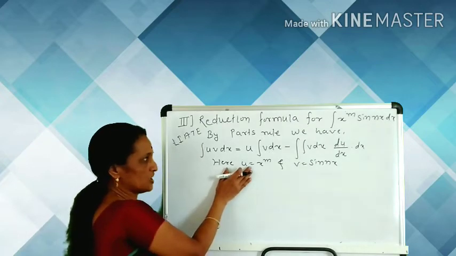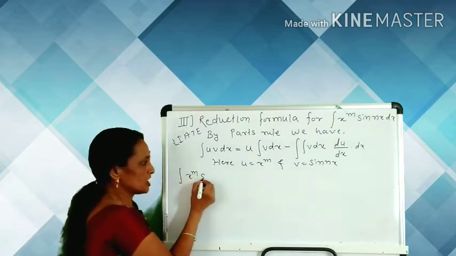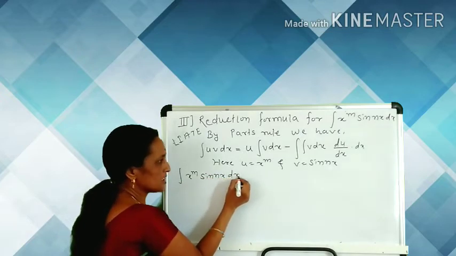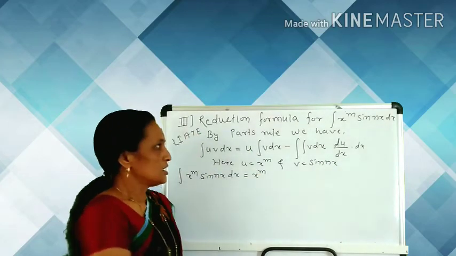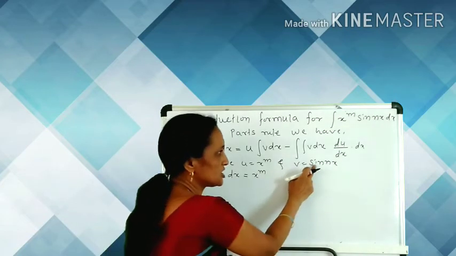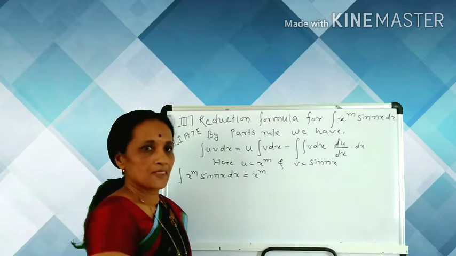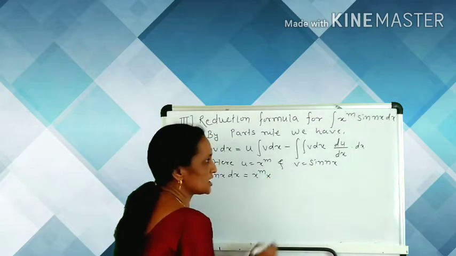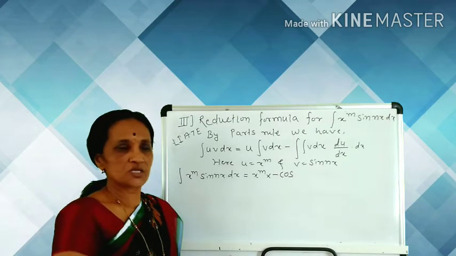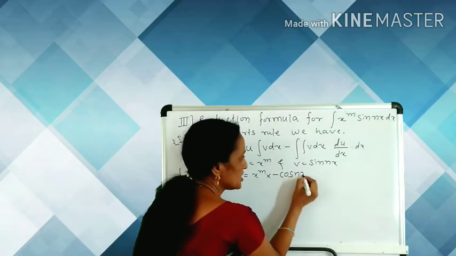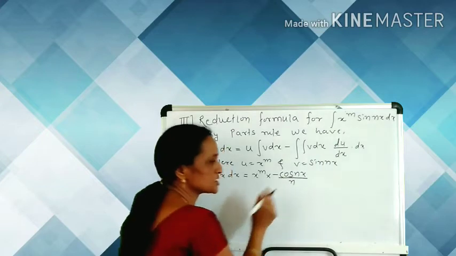and if we put these values in your by parts rule, we get integration x raised to the m multiplied by sin nx multiplied by dx is equal to first function same, means x raised to the m is the same, integration of second, your second function is sin nx, we directly take the integration of sin nx, and we know that the integration of sine function is the cosine function, angle is the same, and here also in integration we divide by the coefficient of x, and the coefficient of x is n.